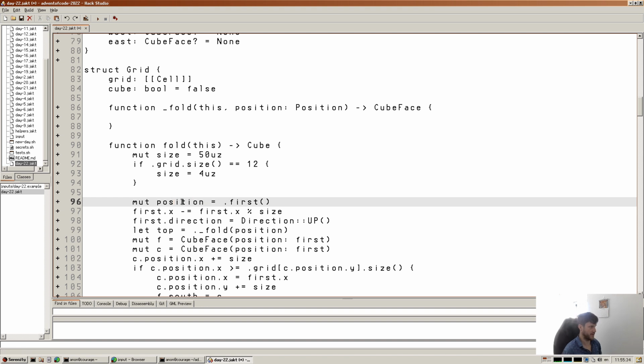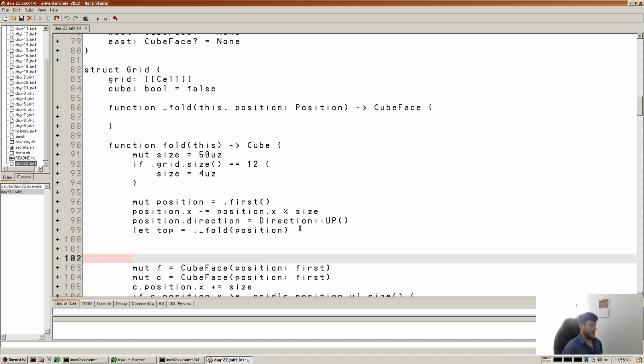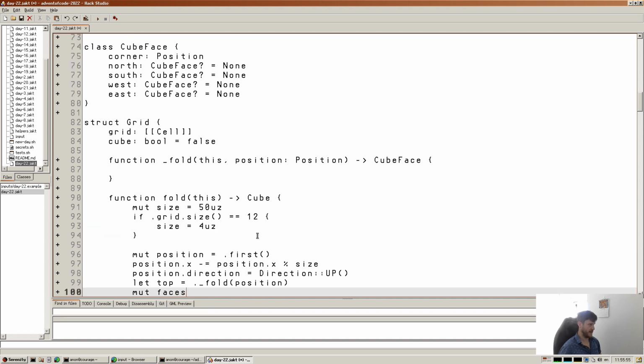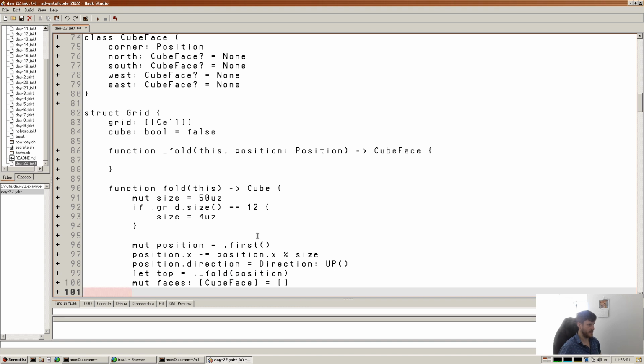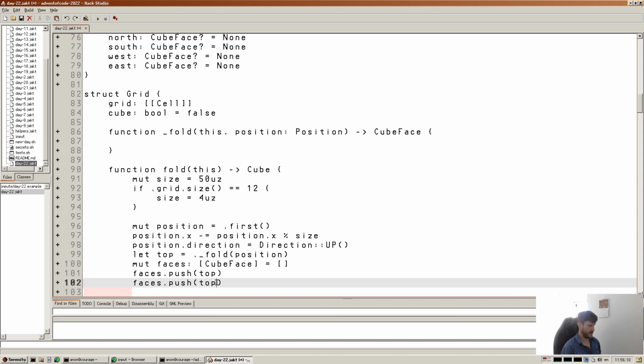Get that mouse somewhere else. Well, we'll use it to do this and that and this. And here we can probably have a mut, what do we call it? Faces, and it's going to be a type of cube face, and it can just equal that. We can faces dot push top, and we can also do top dot north and bang that, and we're also